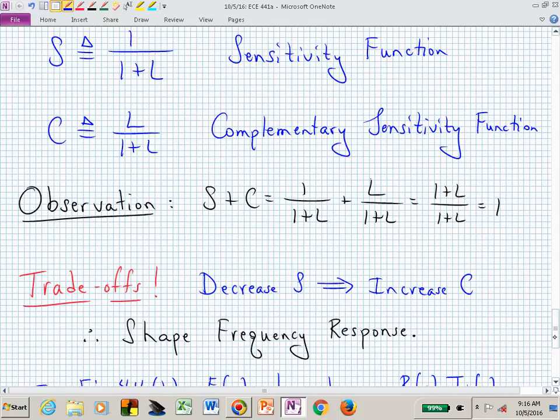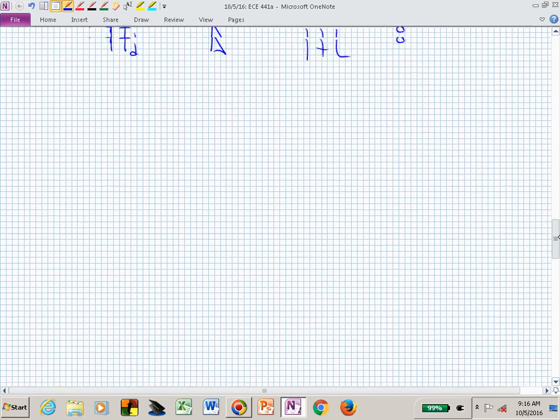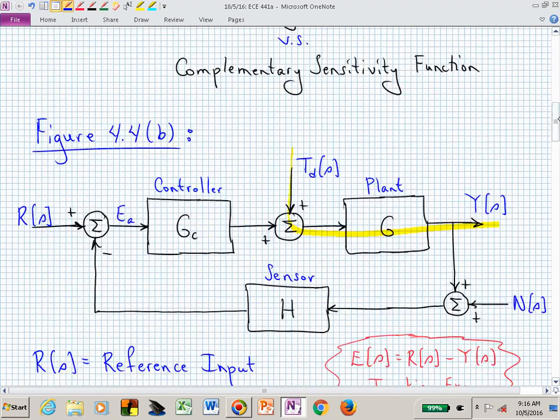If we decrease S, which I guess was what we were trying to do, we were trying to decrease S by making L big. If we decrease S, we increase C, and that says then that we need to shape our frequency response. Maybe, because S and C are functions of frequency. And what we can think of then, if we go back here, is we hope that if we wanted S small,